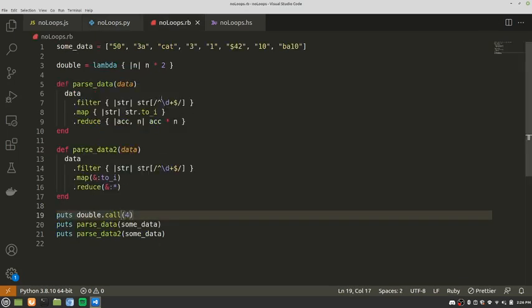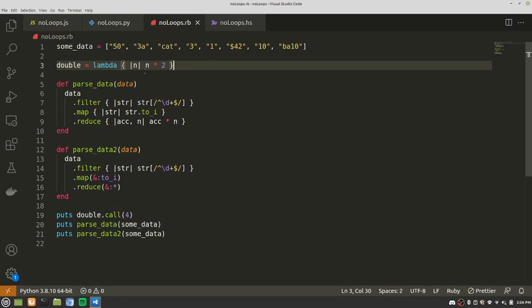And then in Ruby, this is how you do a lambda with these brackets and these vertical bars. And here's one way of doing the parse data, where you do a filter and you use the regular expression, and then you do the to_i, and then you multiply. But because Ruby leans more into functional stuff than Python does,